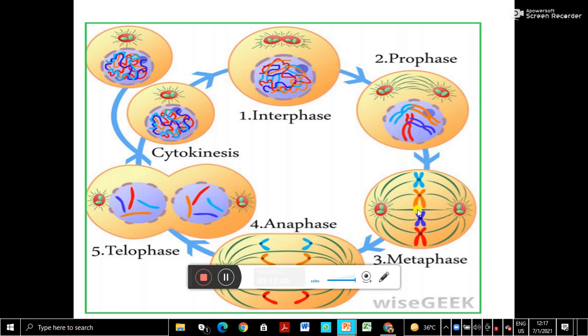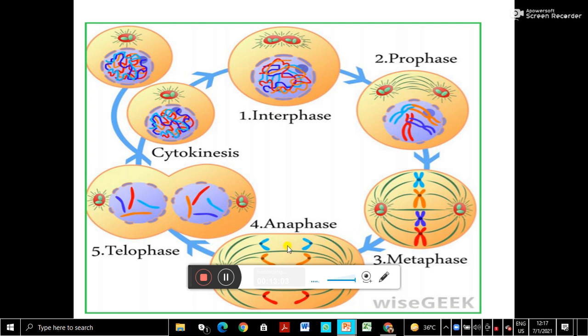And here is the metaphase. In metaphase you can see very well that these chromosomes are arranged in the center of the cell. And see the centriole now located in the poles of the cell. And remember, animal cells only have centriole. Plant cells do not have centriole. But in plant cells also, from the poles the spindle fibers arise to pull the chromosomes.